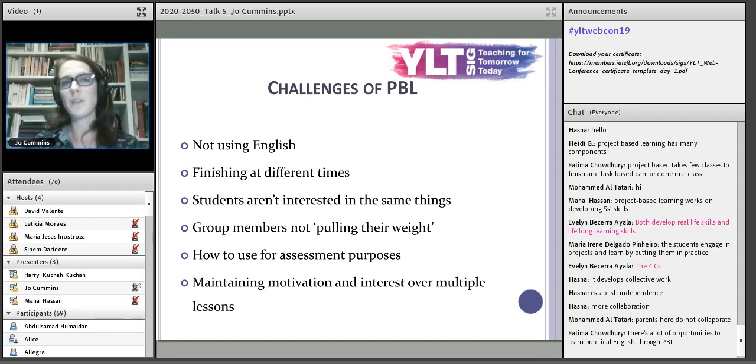And also sometimes, projects don't always have to be entirely a group project. Sometimes you can have an individual project which you pull together as a group at the end, but it doesn't need to be working as a group all the way through. So sometimes that can help with that as well. Group members not pulling their weight, so some people doing all of the work. Again, I'm going to look at this in a moment, just being really strong about assigning roles and responsibilities. How to use projects for assessment purposes, which I will talk about again as well,